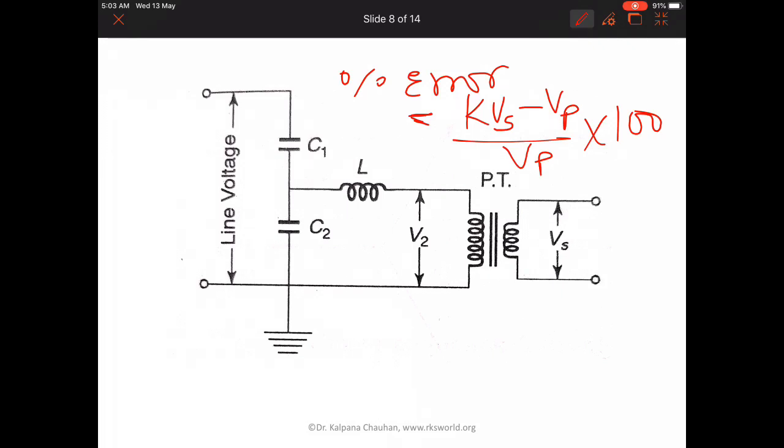The accuracy of potential transformers used for meters and instruments is only important at normal system voltages, whereas potential transformers that we use for protection require errors to be limited over a wide range of voltages under fault conditions. And this is about 5% to 150% of nominal voltage. The ratio error and phase angle error for potential transformers are required in its standard form.